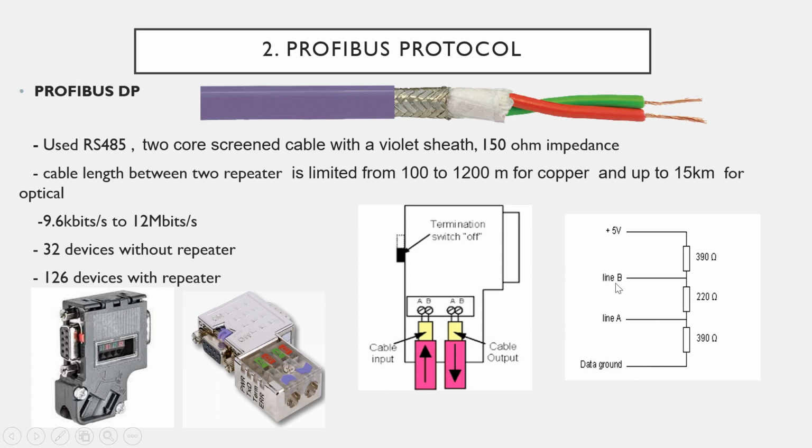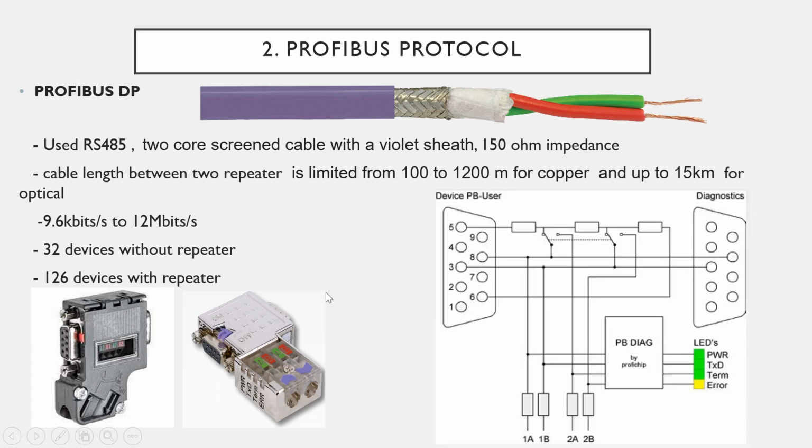And line B means the red cable. Line B is called the red cable, connected with the B pin, and that is pin 3, and line A is connected with pin 8. You can see in the next slide here that B is connected with pin 3 and A is connected with pin 8. Okay, and it is called the 9-pin D-sub connector. Here you can see the female, and the opposite side is the male connector. Okay,